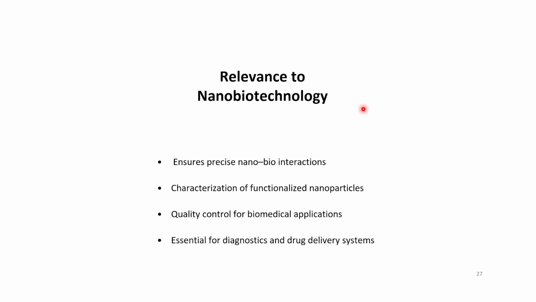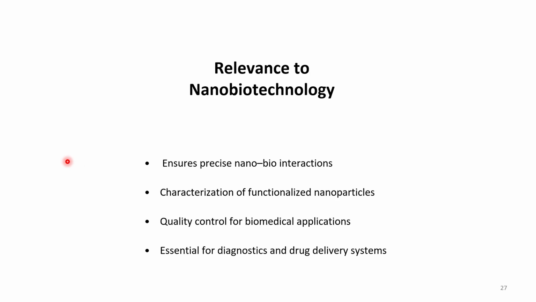Your characterization techniques will ensure precise nanobio interactions. See, if you want to use your nanomaterials for ensuring precise nanobio interactions, you need to know the exact shape, size, and the property of the material that you are using. If you are tailoring a nanomaterial for a particular biological process, then you need to ensure the very precise properties of that material. So characterization is very important when you take these interactions into account, because your nanomaterials are going to interact with biological,